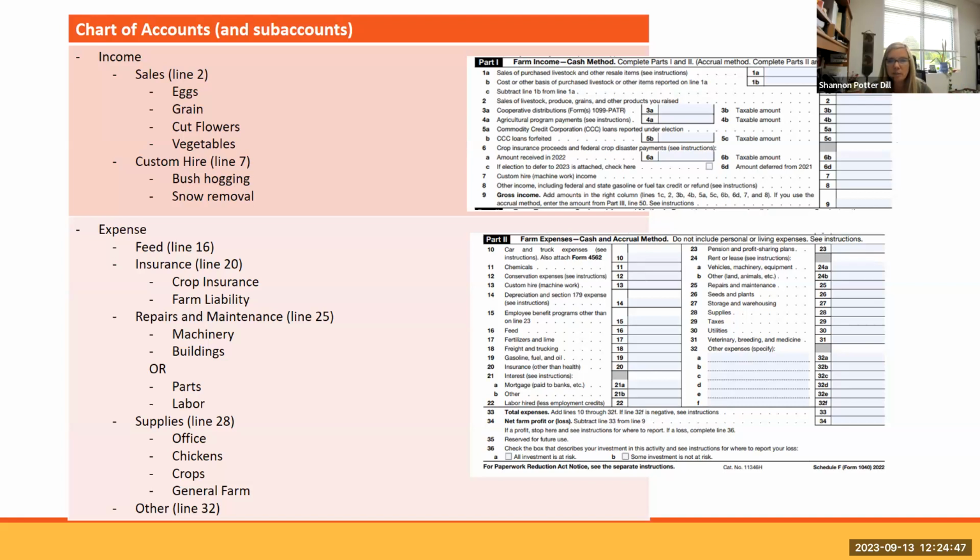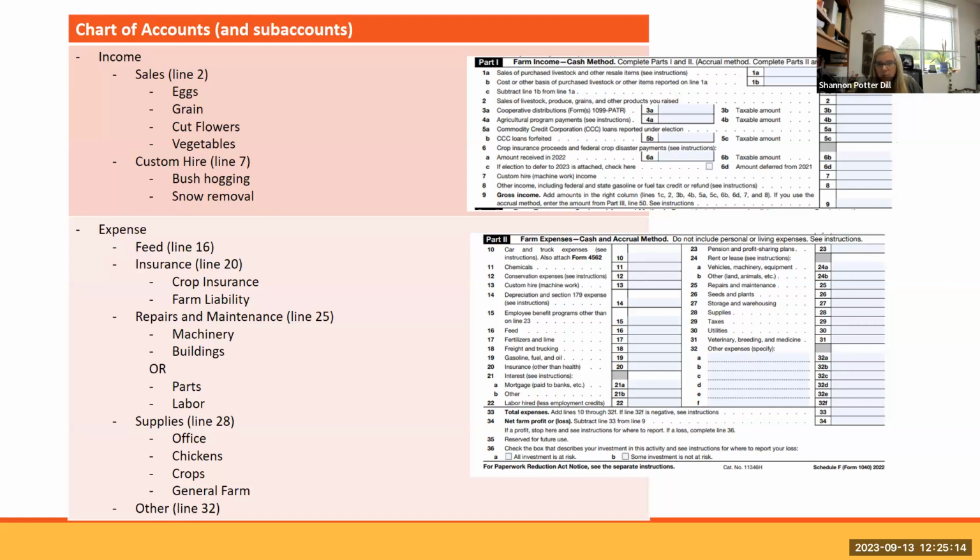Again, these are very specific to your farm business, and I encourage and empower you to sit down with the Schedule F and think about your farm records and what types of accounts and sub-accounts would be helpful to track to be able to make decisions and to better keep your records. The last one I'll share is supplies, line 28.